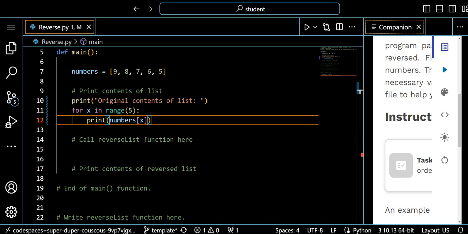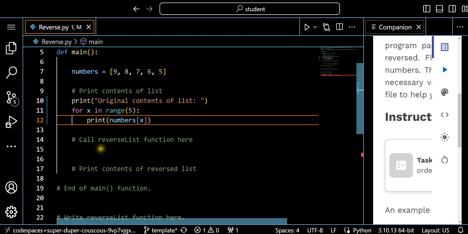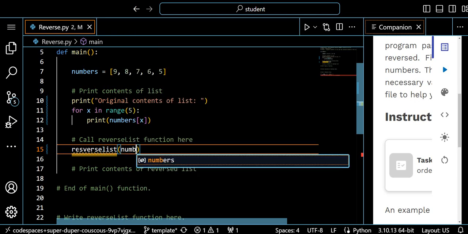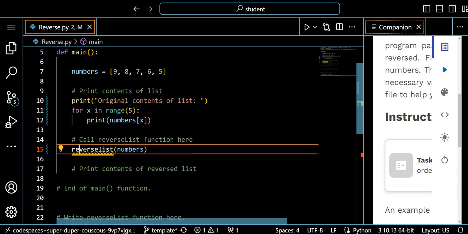Next we're going to call the reverse list function. And we're going to do that by just reverse list. So we'll make it one word. Numbers. Okay, and then we're going to use